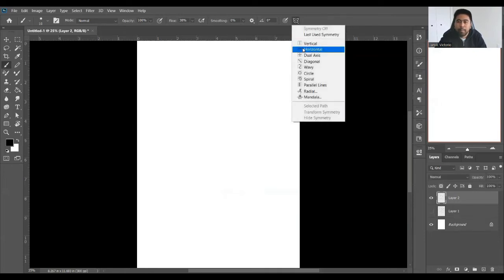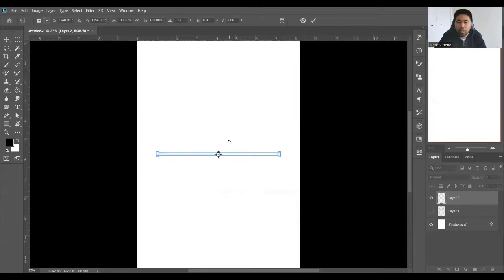I'm gonna use the horizontal here. So, enter lang. And then you just draw. No? Ito naman, yung symmetrical line ay nakahiga, naka-horizontal. So basically, kung anong gagawin mo sa taas, ma-replicate dun sa ibaba, or sa baba, taas. Ganon. Kung gusto mong gumawa ng